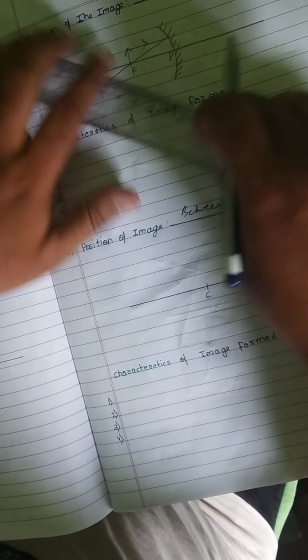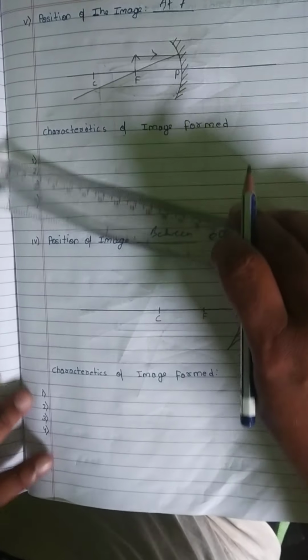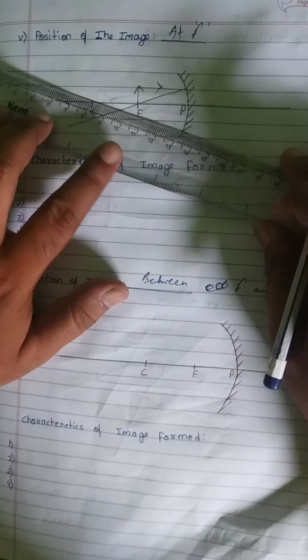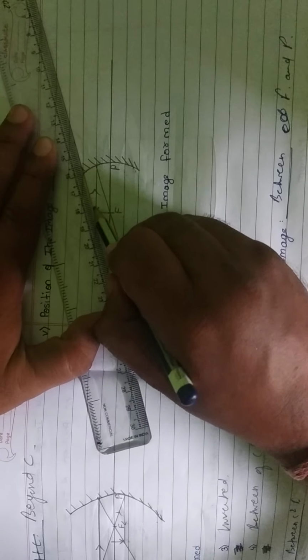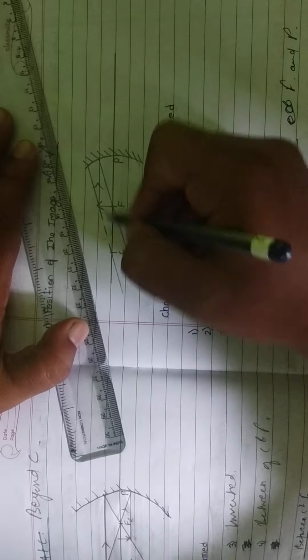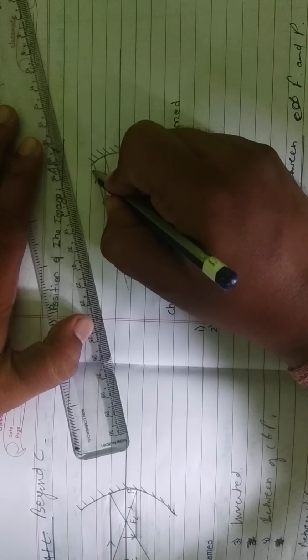Then the second ray of light. Now I cannot take it through the focus, because the object itself is standing on the focus. Let me take the second one like this, which means it will appear to come from the center of curvature. So I am keeping it straight like this. The ray of light is passing in such a way that it is in a straight line to the center of curvature. So it will go and return undeviated in the same path.